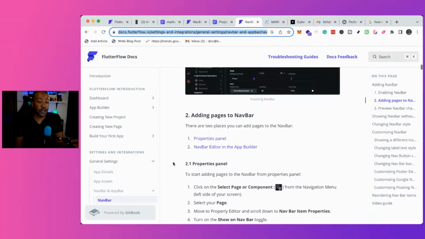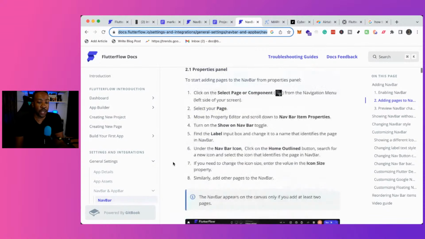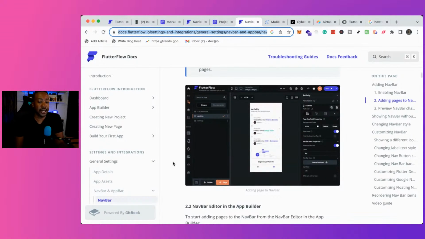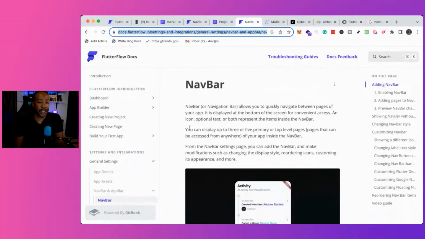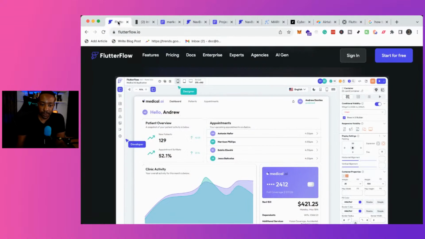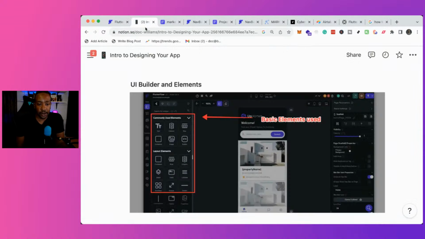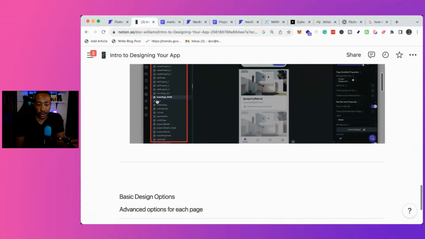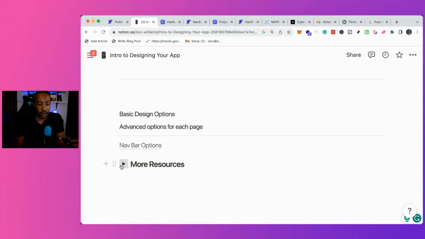And this goes back to it. Look at different applications that you like using or apps that are in the niche that you're trying to build, and then look at what buttons they're using. Then come back to the navbar documentation for FlutterFlow to be able to add it. Okay, so there's one other thing I want to mention before we go any deeper, and then we'll build from